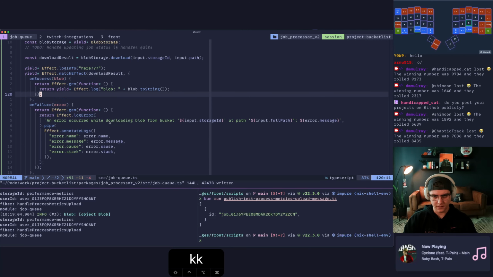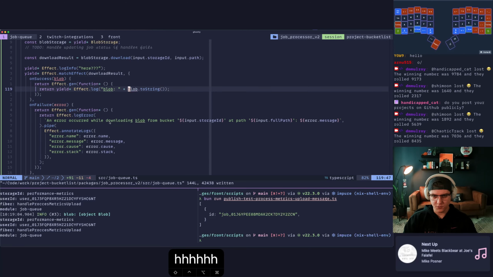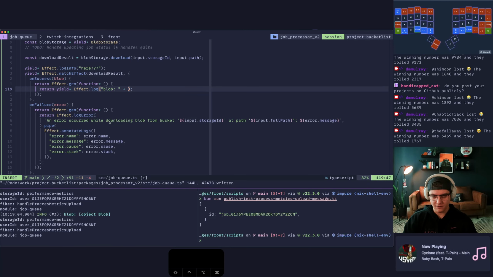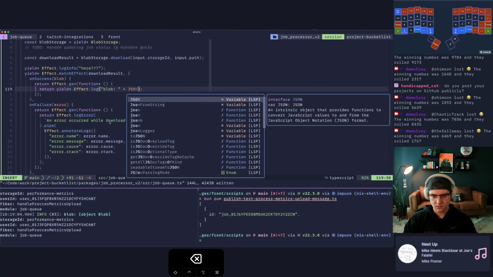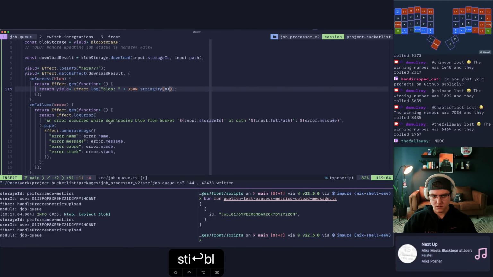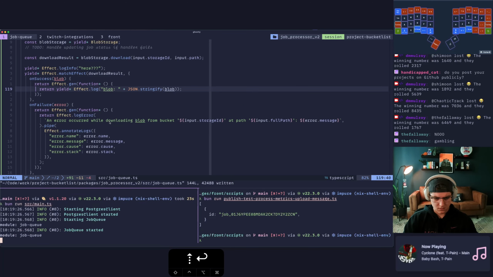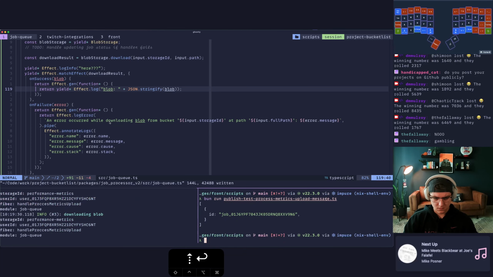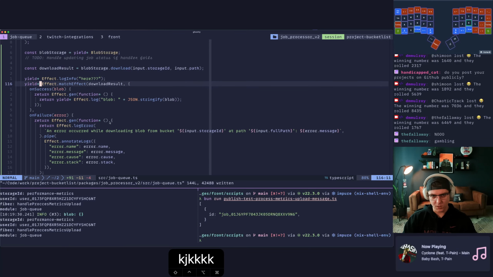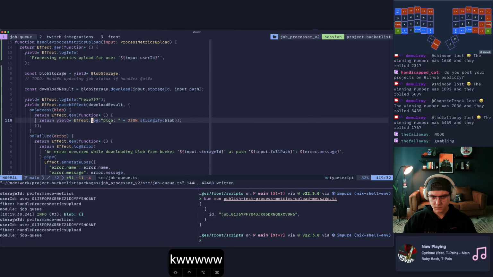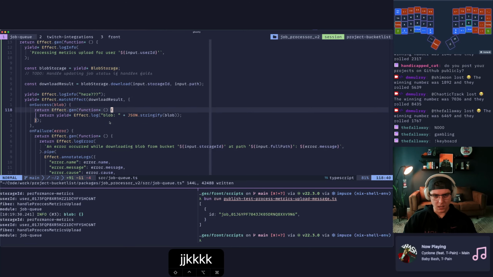That's just toStringing it. I guess we could JSON stringify, right? See what that does. I don't know if that's going to help. Whatever. I don't know how to print the contents of a blob. But we have it working. We're getting our file downloaded. So we could even do like